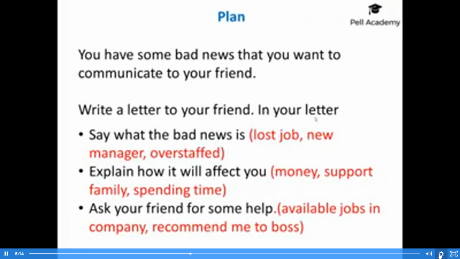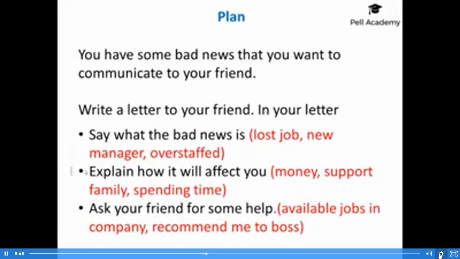And then I'm just going to give a little explanation of why it happened. That there's a new manager and that he decided that the company was overstaffed, and that basically that information will help me to develop the bad news. So you need about 50 words for this paragraph, for my second paragraph. So if I just say that the bad news is I lost my job, then I've responded to the prompt, but with no development, and I'm not going to get a good score if I don't develop it.